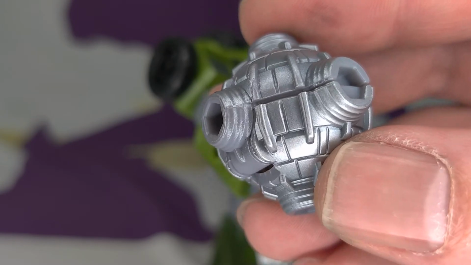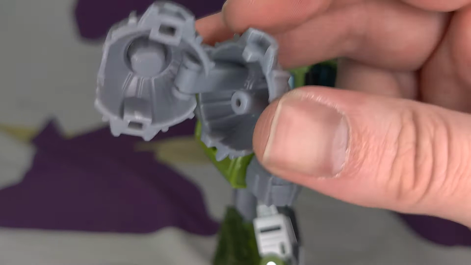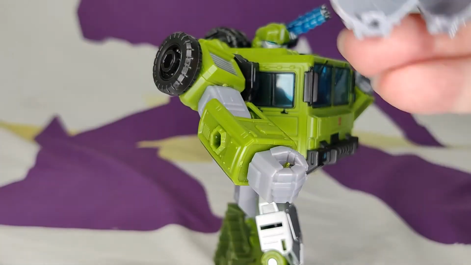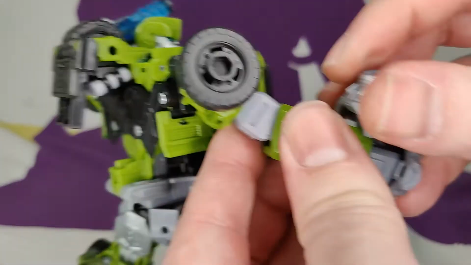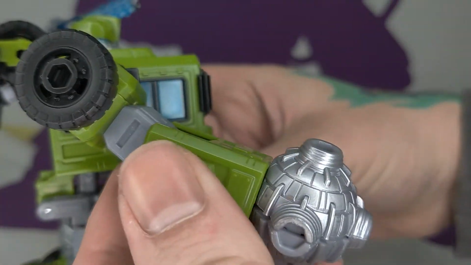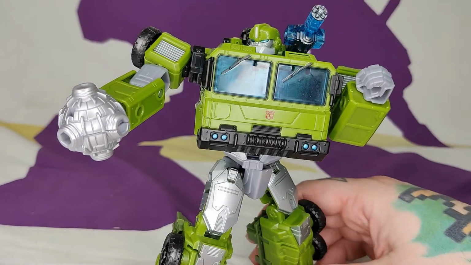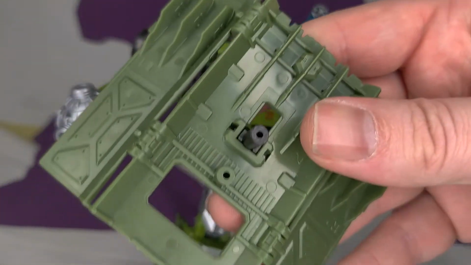is actually his fist that he was famous for in the cartoon, which he always had. Oh, did I just break it, or did it just, oh, no. It opens up, and there's a little handle in there for him to hold, and it closes around his fist. There you go. You got the Bulkhead gonna punch something. Looks good. And then the top part of the